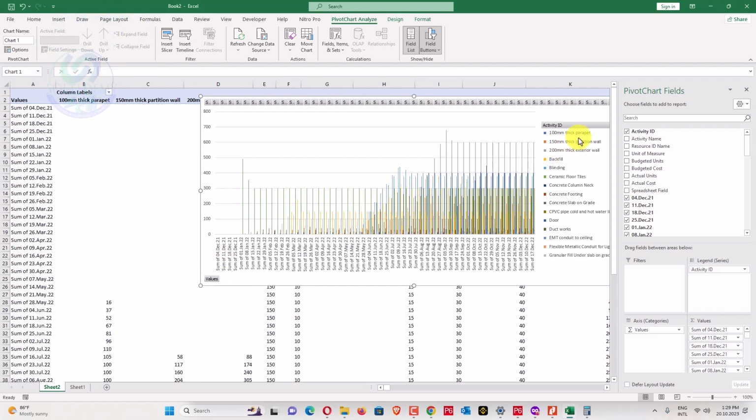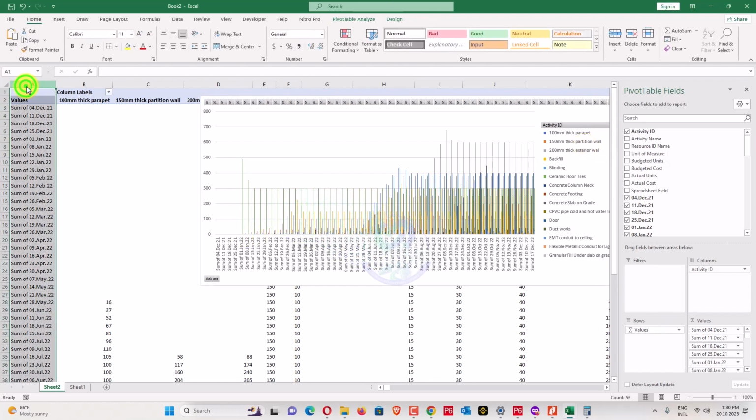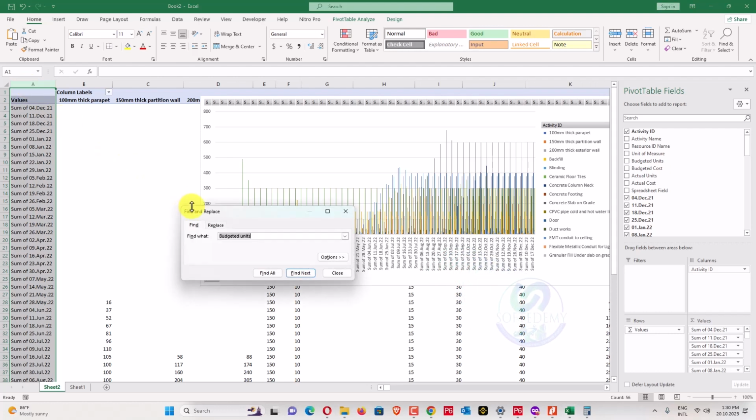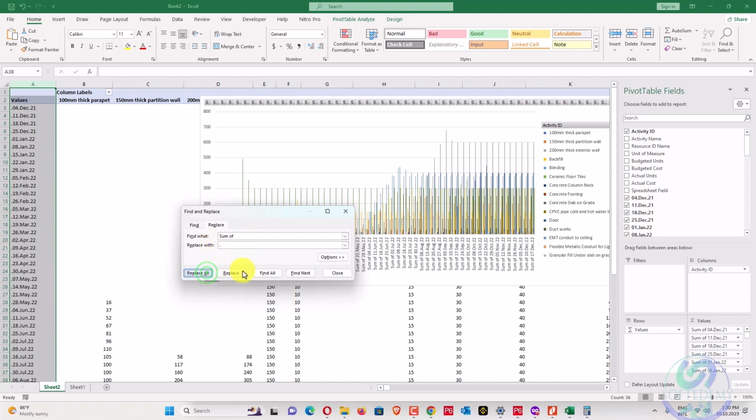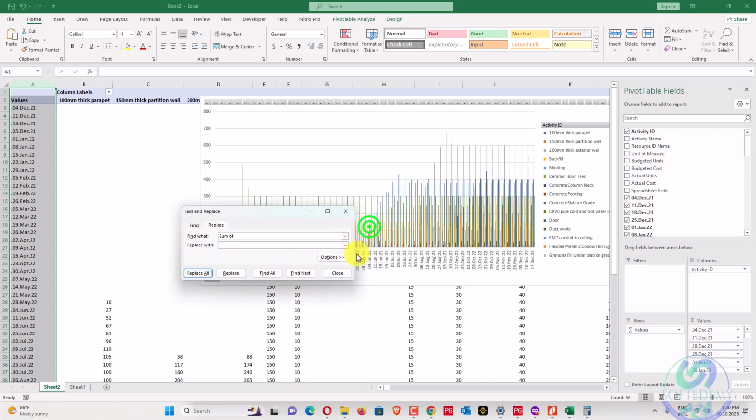So 100 mm thick parapet like this one, and 150 thick partition wall like this one. So we'll also change here, find out and replace "sum of" with a dot, replace all, close this one.